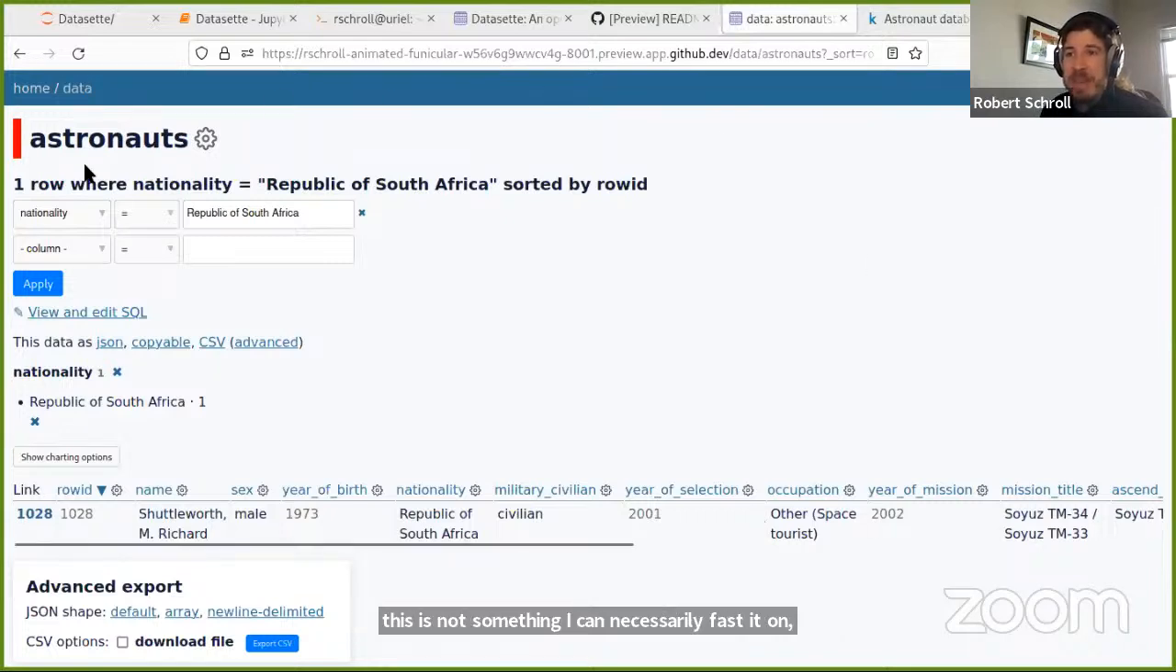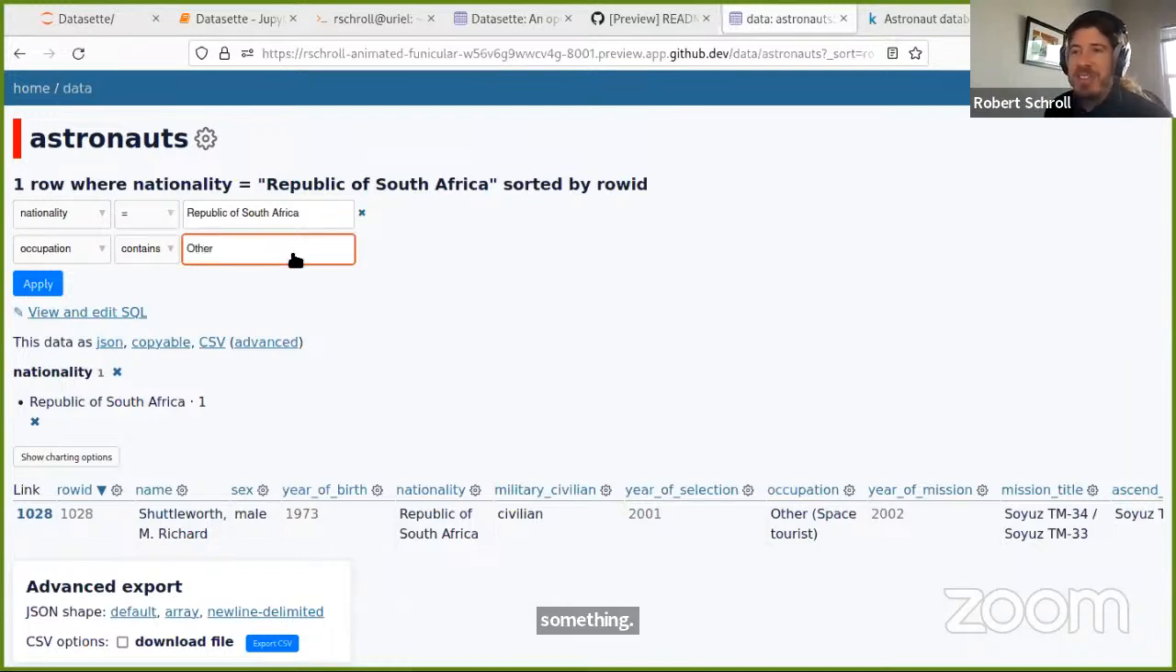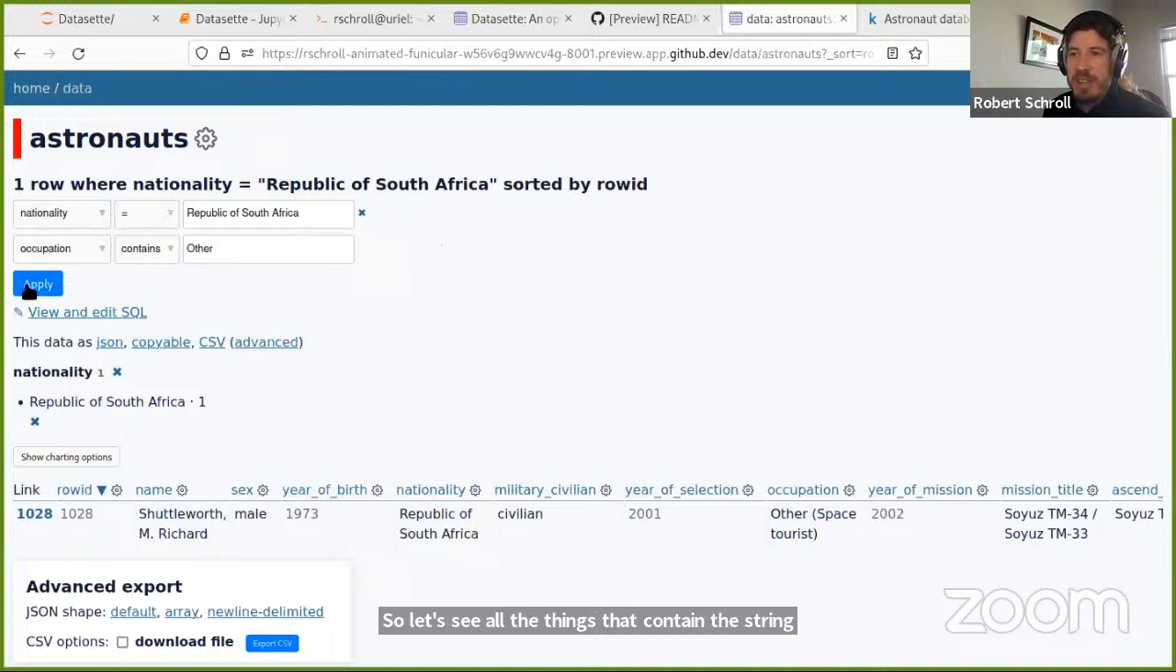However, what we can see up here is that there's a little interface where I can start putting different filters on it. So right now we have a filter that the nationality should equal Republic of South Africa. So I can also go over here and say occupation. Now I don't want it to be equal. I want it to contain something. So let's see all of the things that contain the string other. So if we apply that,